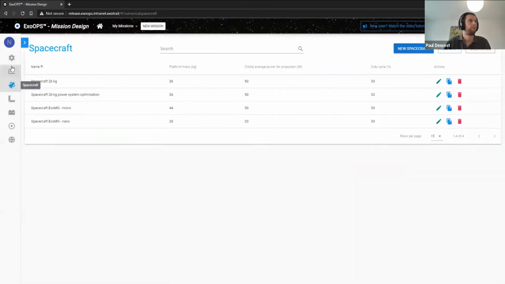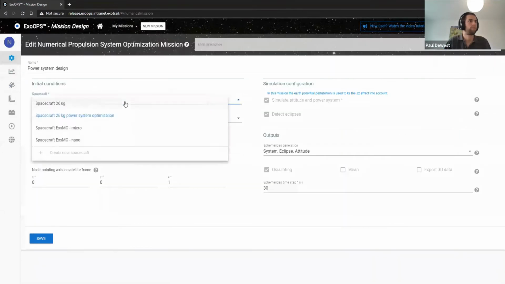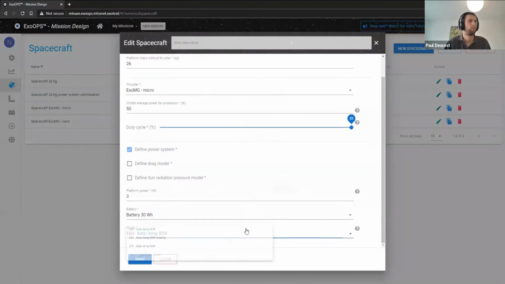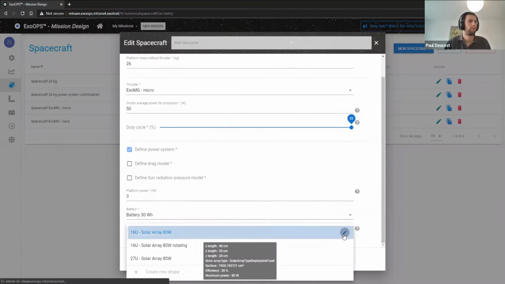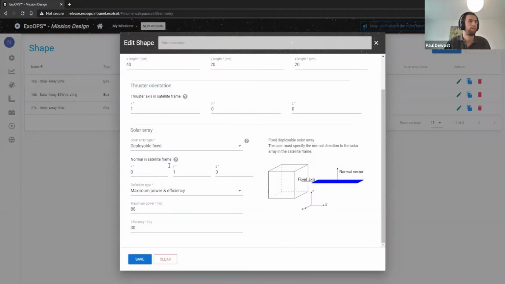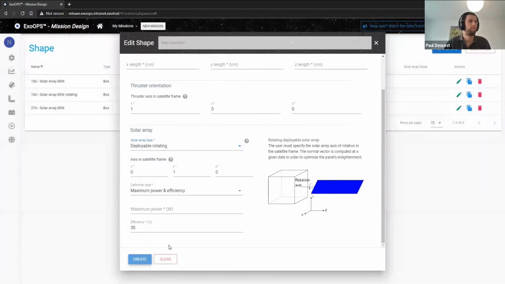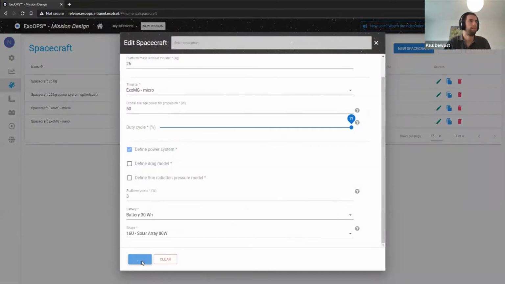So if I do this, yep, I need to choose. I think I didn't save it. Yeah, I forgot to save it. So if I save this, and I save my spacecraft,